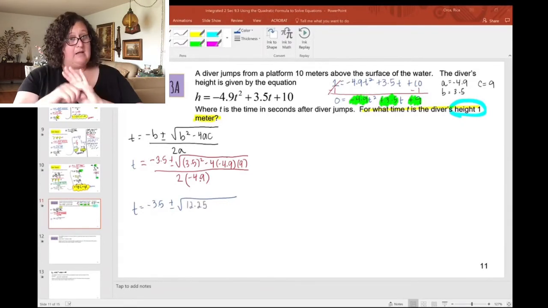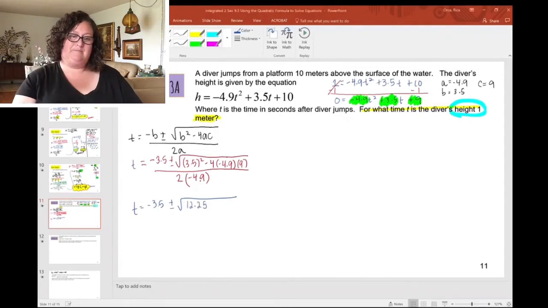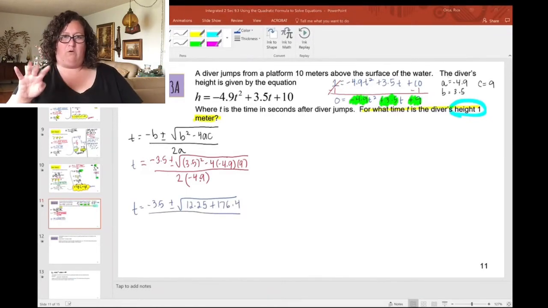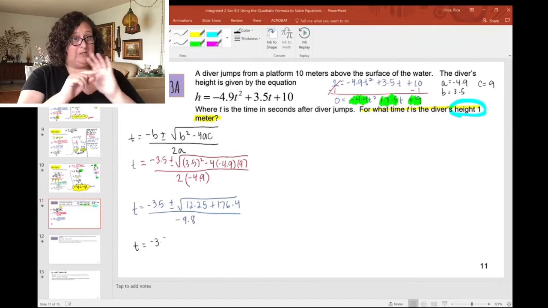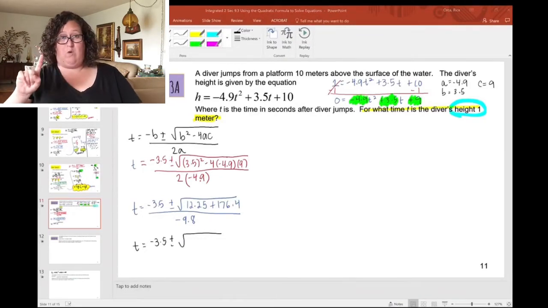and negative 4 times negative 4.9 times 9 is positive 176.4, all over 2 times negative 4.9, which is negative 9.8. So t equals negative 3.5 plus or minus the square root of 12.25 plus 176.4, which is 188.65,